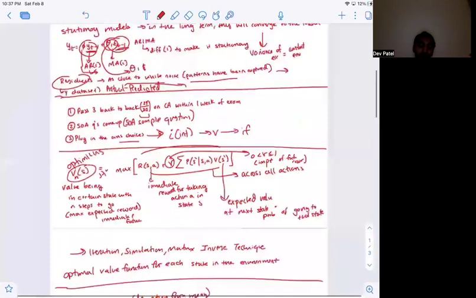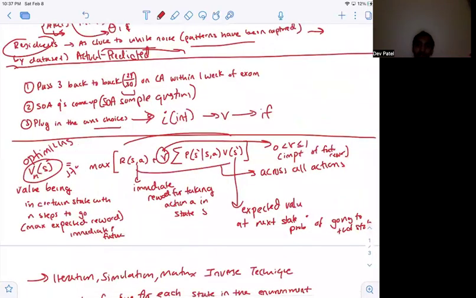And how are we able to get the value at that state? Well, as we mentioned, it's the immediate reward plus the future reward. The immediate reward we're able to get by the product of the reward matrix and the probability matrix. So that's the immediate reward. Now the future discounted reward